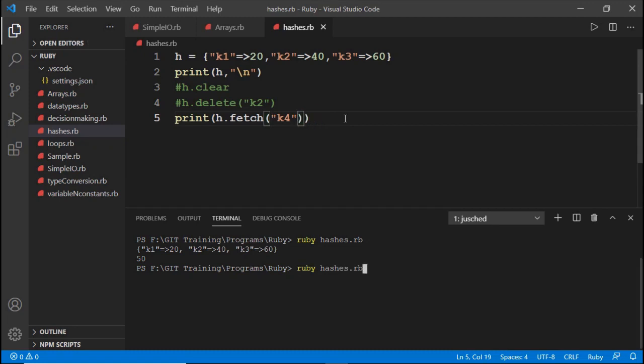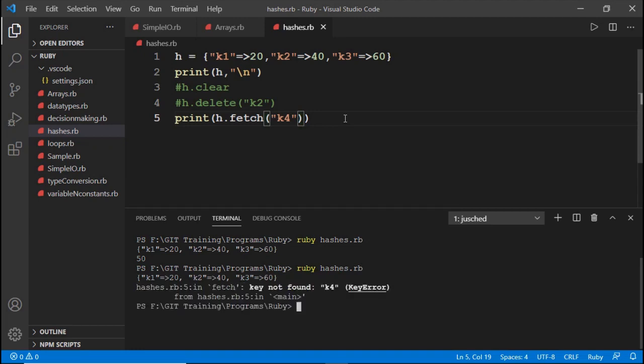Let us check that also. So here there is no key found, k4 is not found. So to avoid these kinds of errors, we also pass default values for the unfound keys. Okay, so this is about the fetch method.